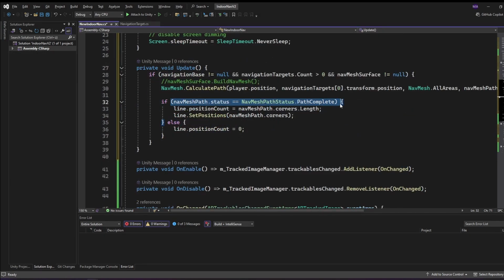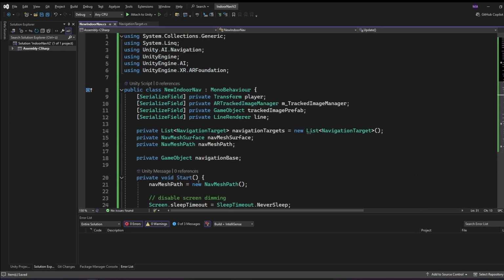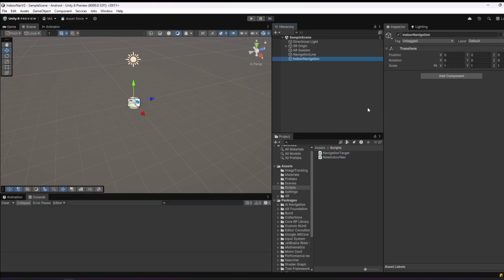So if the path is complete, get everything from the NavMesh to the line renderer, set the positions, and if the path is not complete, immediately turn off the line renderer. This code too will look different on your side depending on your implementation. That's the whole code, and let's go back to Unity